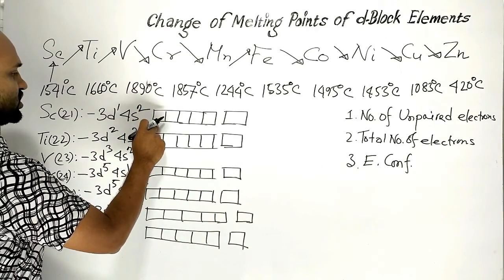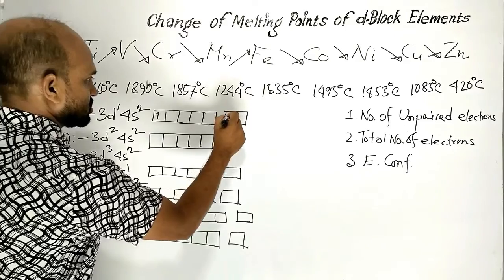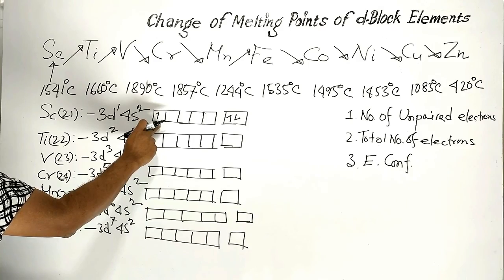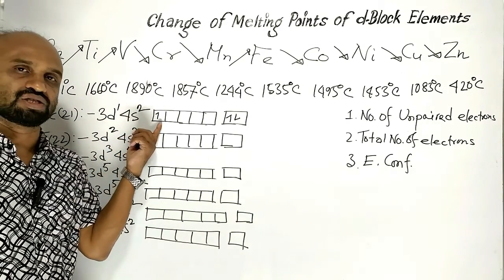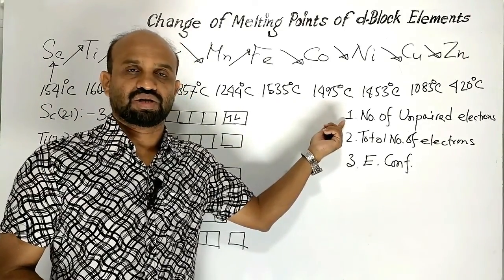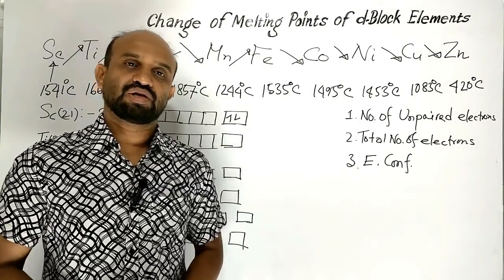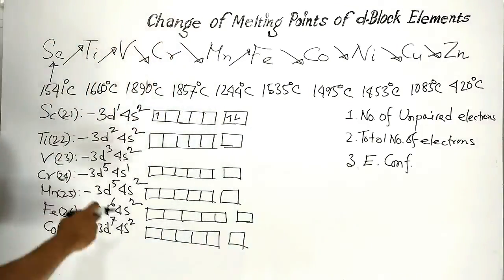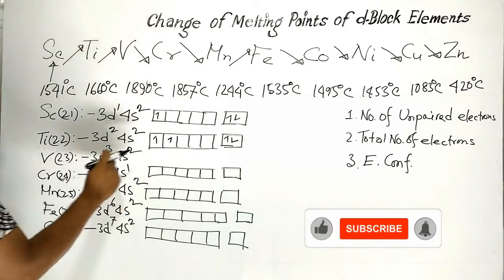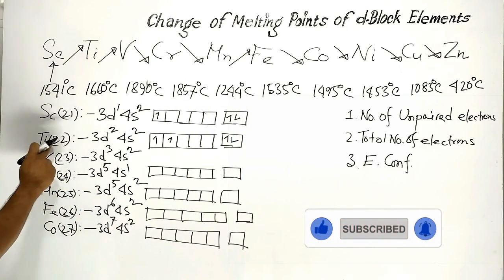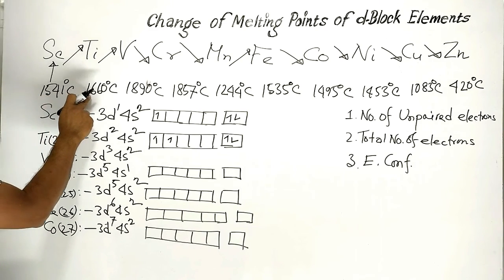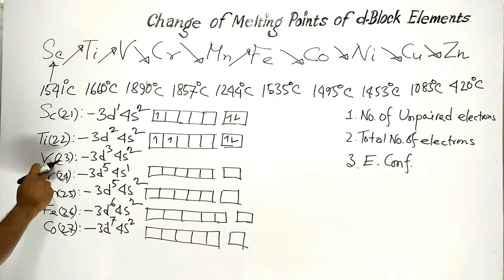Here d orbital contains 1 electron, s orbital contains 2 electrons. In case of scandium, only 1 unpaired electron is present here. Here, number of unpaired electrons in the outermost shell gets priority to know the melting point of elements. In case of titanium, 2 unpaired electrons. Here 2 electrons. That is why melting point of titanium increases from scandium, that is 1541 to 1660. In case of vanadium,